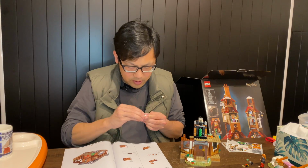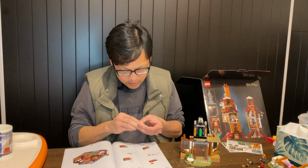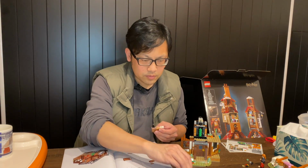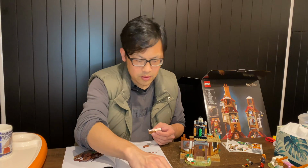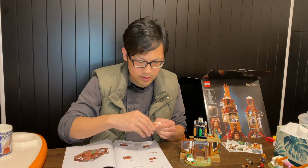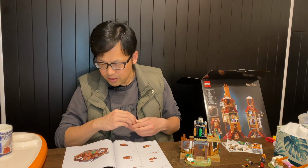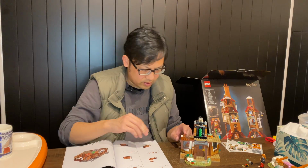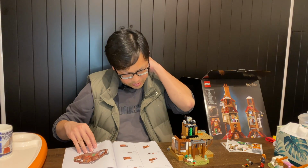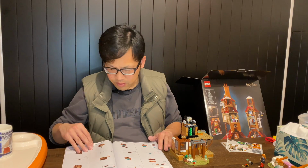Okay, yep, right here. Oops. Yep, there's one big gap. But I always struggle to find the pieces that I need. But here we are. We've got the wall done. It's a really nice looking wall. It's not a window, it's just creating the structure inside. But it's really crowded, no doubt. And then we've got